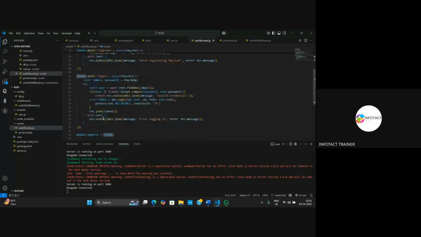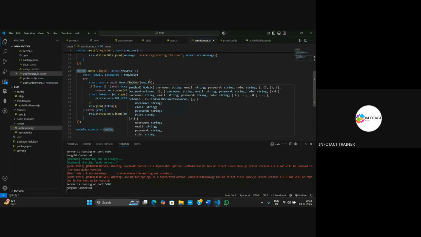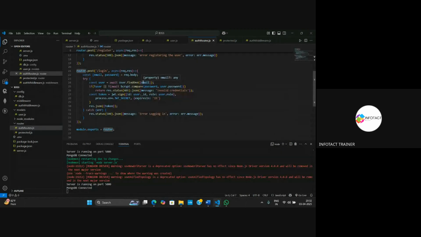And then coming on to the login part. For login, we require a couple of things, that is email as well as the password. At first it will check whether the email is already registered in the website. So for that, it has to access the schema, or the data that is present inside the MongoDB. In order to find the email, we use this function that is findOne. Inside the findOne function, we provide our required field that we need to find inside the database. And if the email is not found, if not user,